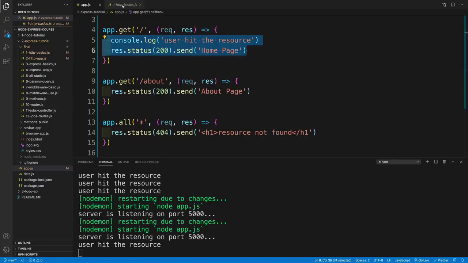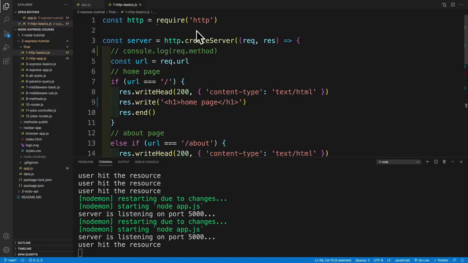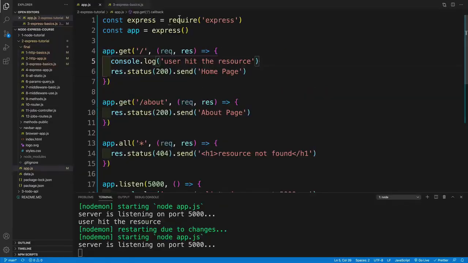All right, and we're done with our basic example. Hopefully you can see that it is already way less code than just using the built-in HTTP module. And in the next example, you'll see how Express